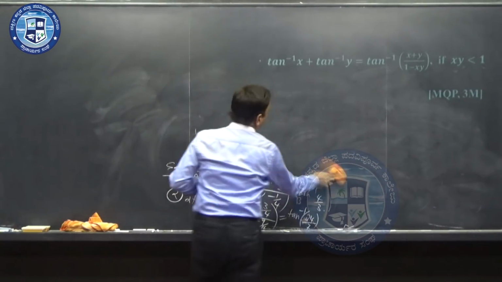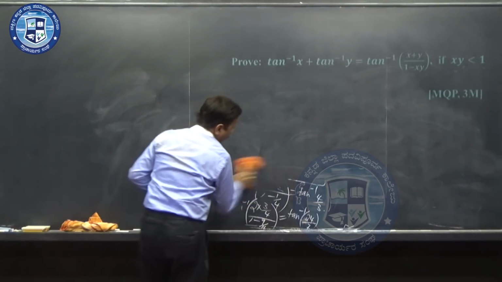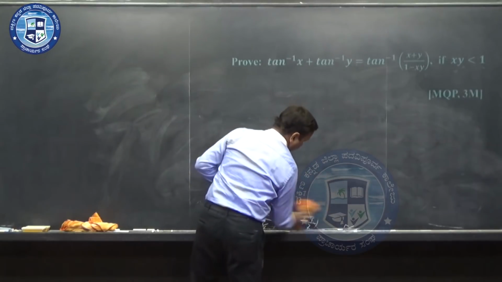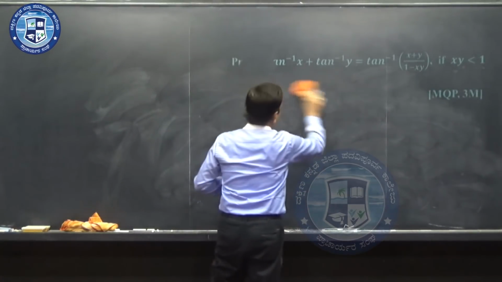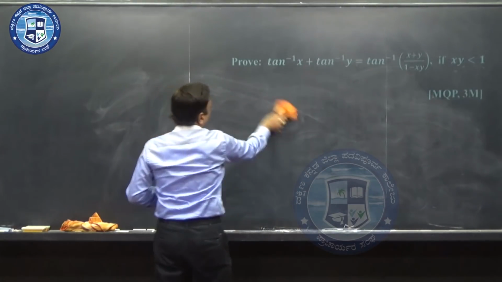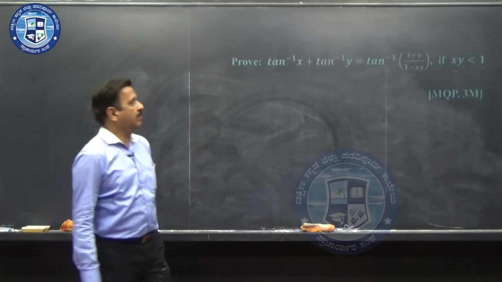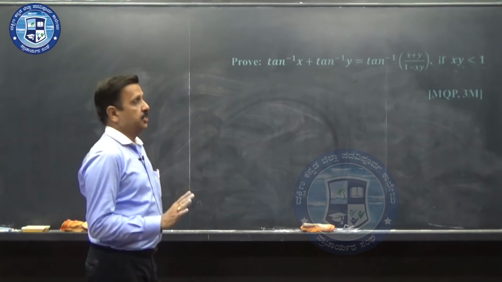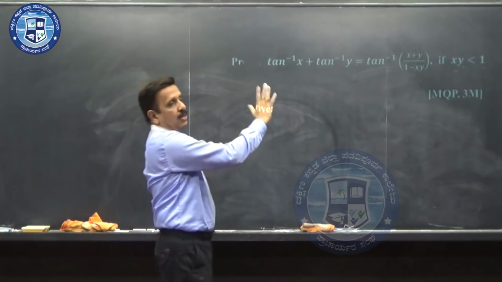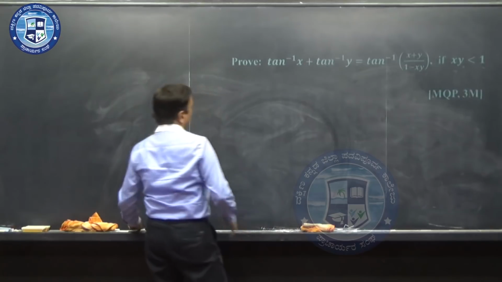I would like to give one more note under this heading, which will be definitely useful for you in competitive exams. What I mean to say is, while using this particular formula looks to be very simple, that is tan inverse x plus tan inverse y is equal to tan inverse of x plus y by 1 minus xy, but it goes according to condition. That formula you can use only when xy is less than 1. What if xy is greater than 1?